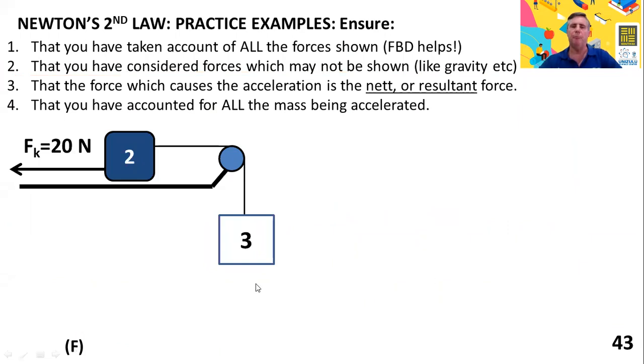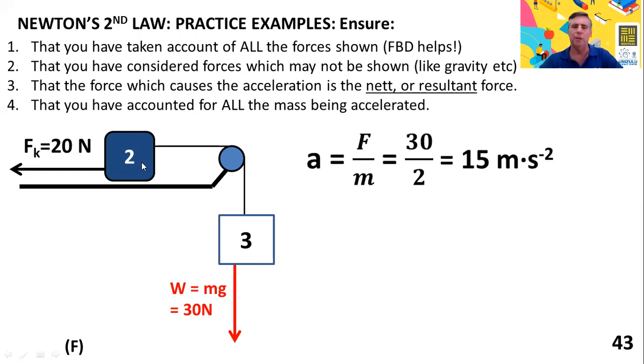Finally, number F. Again, 3 and 2 joined over a pulley, in this case, a force of kinetic friction to the left of 20 newtons. So this 2 kilogram mass is lying on a rough surface. So by now we know not to neglect gravity. There's a weight of 30 newtons pulling down on the 3. I'm pretty sure that there aren't any other forces of gravity which are important. So we can say acceleration is force over mass, 30 over 2, 15 meters per second squared,